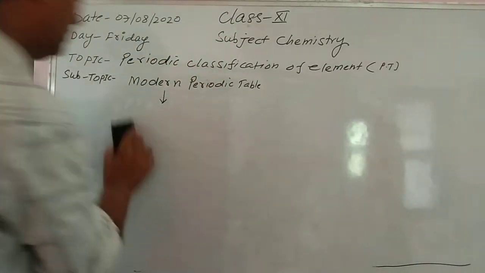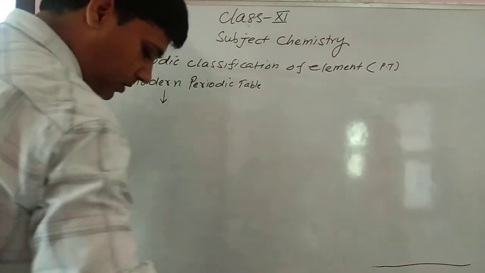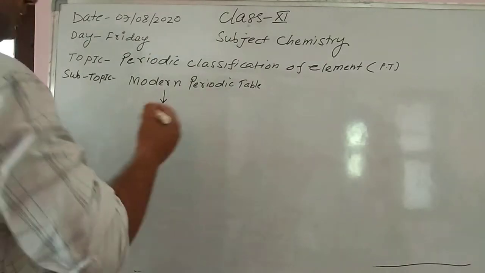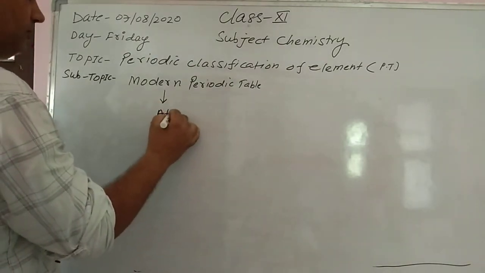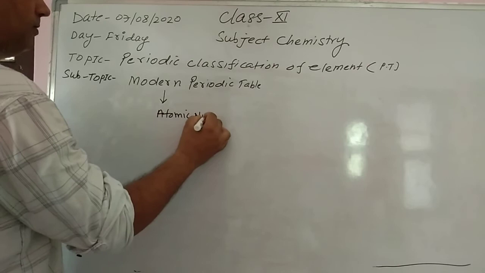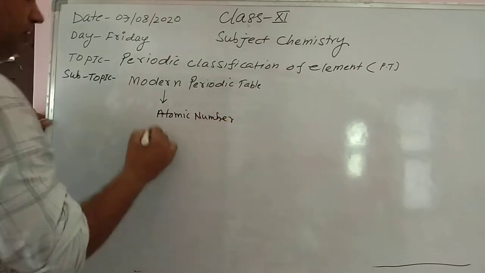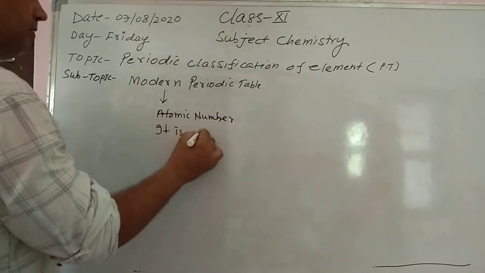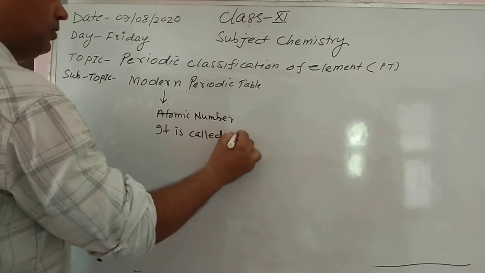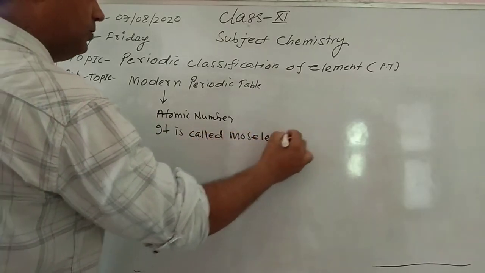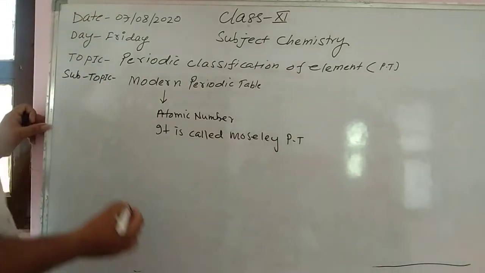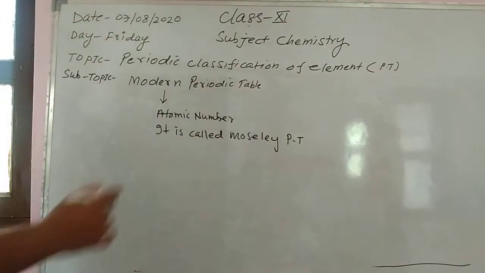Next point is, what is the modern periodic table? I have already discussed it in detail, but today I am going to discuss some of the important points. The modern periodic table is based on atomic number. It is called the Moseley periodic table. Why is it called the Moseley periodic table? Because